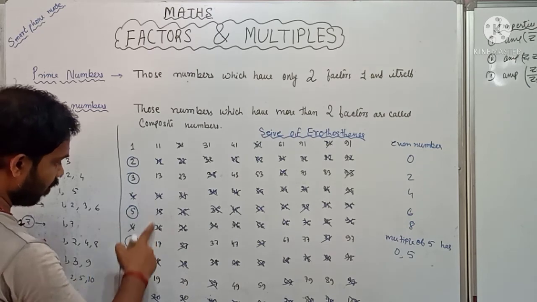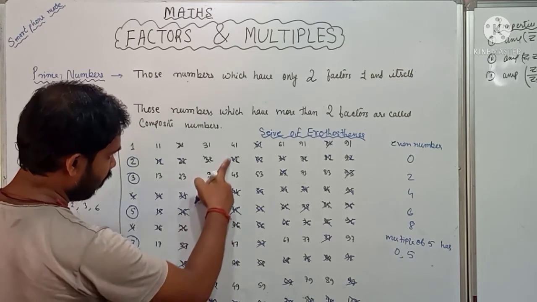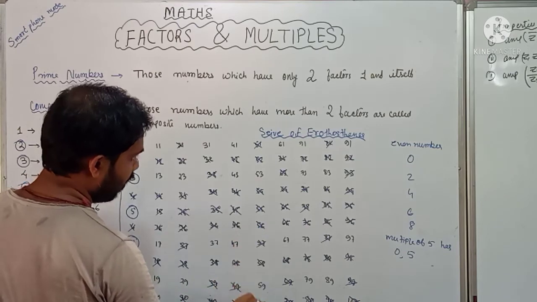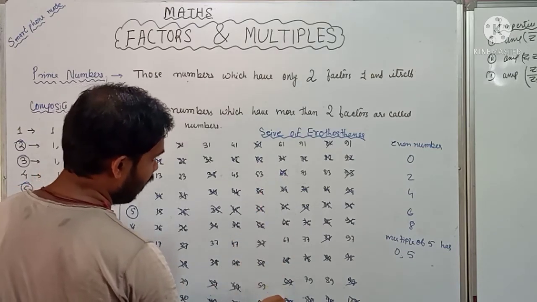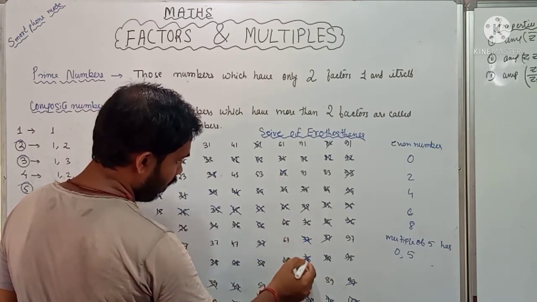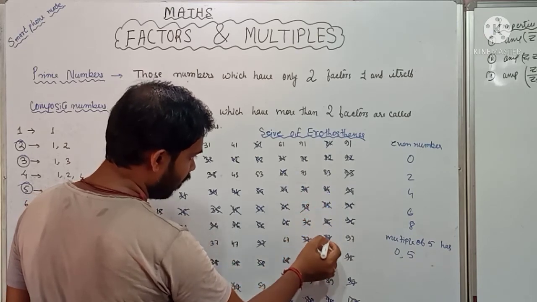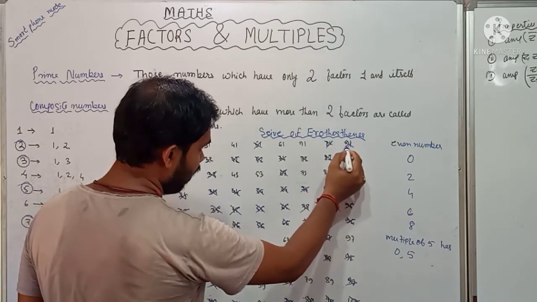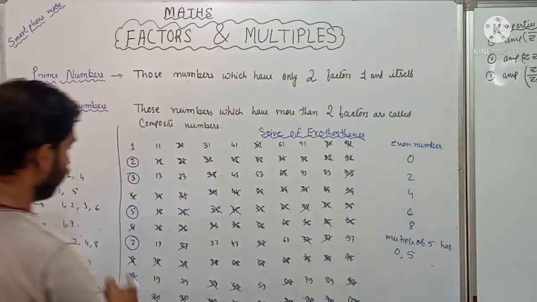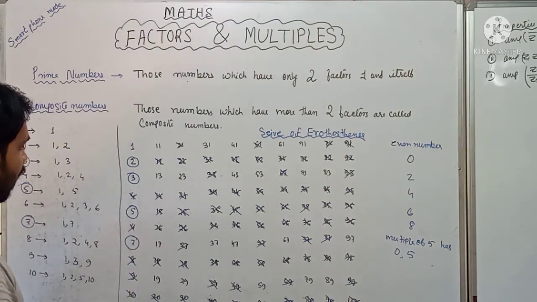Next number is 7. So we'll count. We know the table of 7 very well. So we'll count and see. Then it is 49, then it is 70. Now we'll count 7s and again 77, 84, then 91. Again we'll count 7 and it is 98. It is already cut. Now you see we are left with those numbers which are only prime numbers.